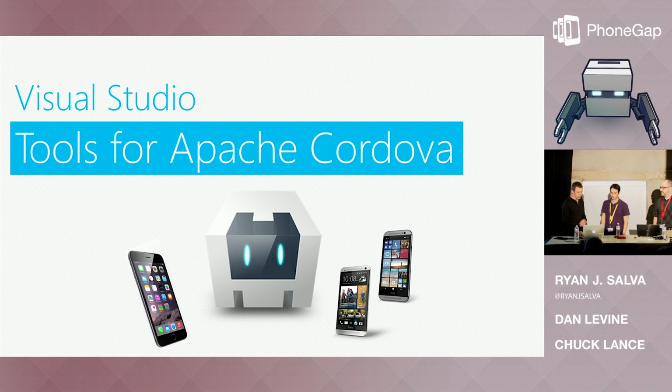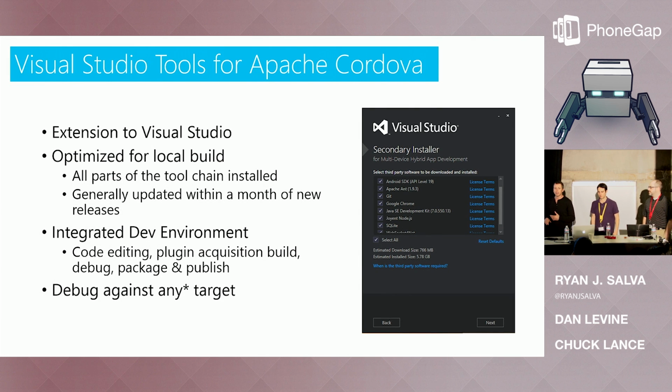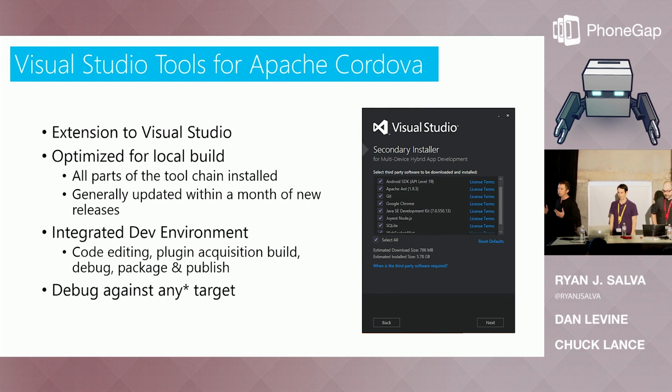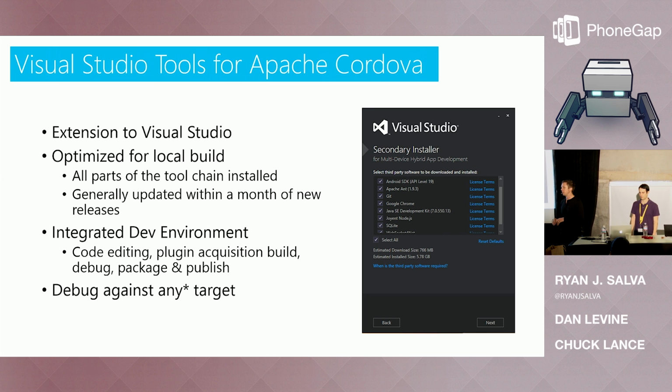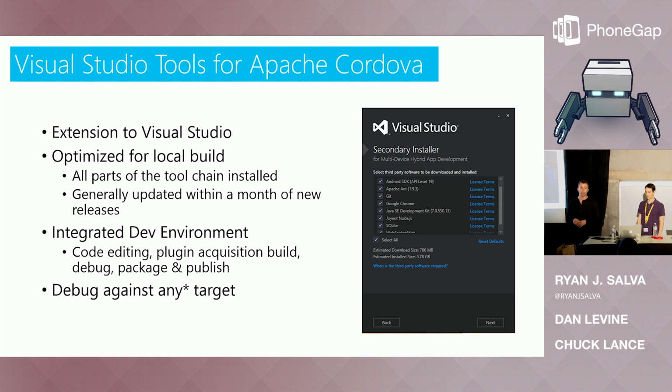All right. So let's get through this, and let's give an overview of what we mean when we say tools for Apache Cordova on Visual Studio. So first, it is an extension to Visual Studio. It is not installed in-box with Visual Studio today. If you are already a Visual Studio user, you need to go outside and search the web for Apache Cordova Visual Studio, and you'll find a download link pretty easily. We do have a vision that it will eventually be built into Visual Studio in the box, but that's not where it's at today.